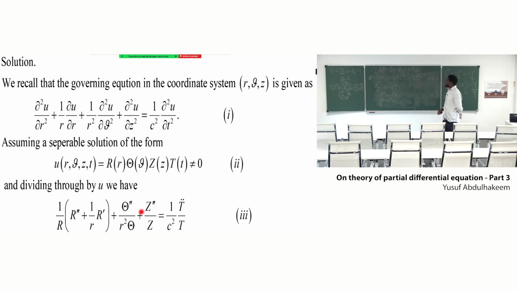So now, this is what we have. Then we can differentiate this with respect to each and every one of these variables, and then substitute back into this differential equation. On doing that, this is what we are going to have. Of course, all these ones here depend on space variables, while this one depends on time.